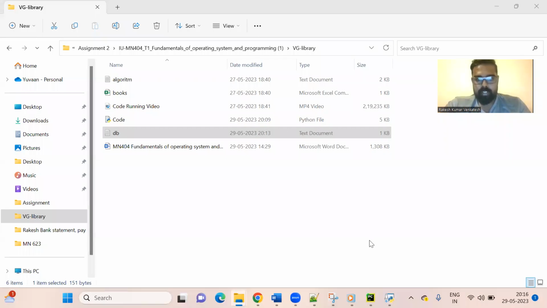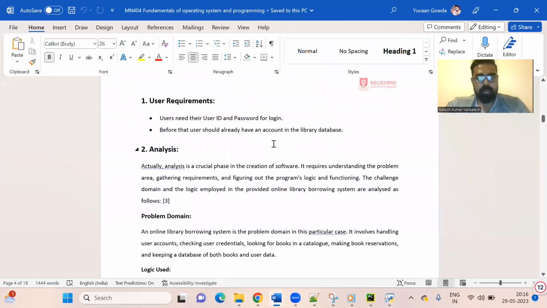Hi everyone. As a part of MN404 Fundamentals of Operating Systems and Programming, as a group we have completed our assignment 2. As a part of this assignment, we had to write Python code, and we have successfully completed it. The requirement is that we create a user ID and a password for login,